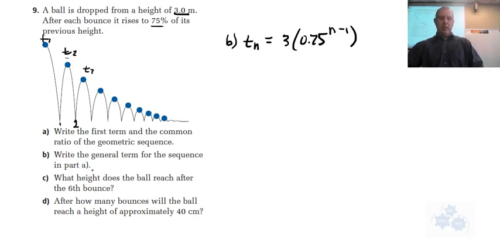It says, after how many bounces will the ball reach a height of approximately 40 centimeters? So 40 centimeters looks like it's going to be your height over here, right? Because remember, T1, 2, 3, 4, 5, 6, 7, 8, 9, those are the heights. So 40 has got to be the nth term. We know this is 3. I know this is 0.75. We don't know